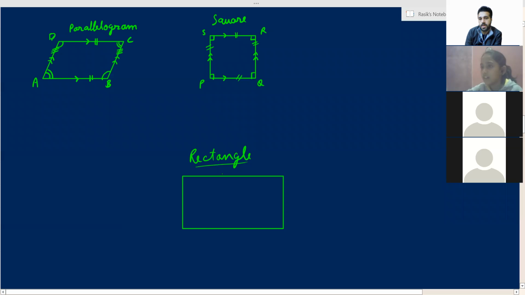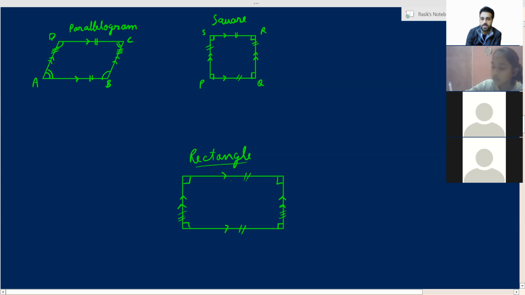So rectangle, again, rectangle is a type of quadrilateral. It also has opposite sides parallel like a parallelogram. It also has opposite sides equal like a parallelogram. Parallelogram में भी opposite sides equal होती हैं, यहाँ पे भी होती हैं. बढ़िया. But what is different in rectangle? In a parallelogram, the angles are not 90 degrees. Here, the angles are 90 degrees. That means right angles. All angles are right angles in a rectangle. Square में भी होते हैं. In a square also all angles are right angles.